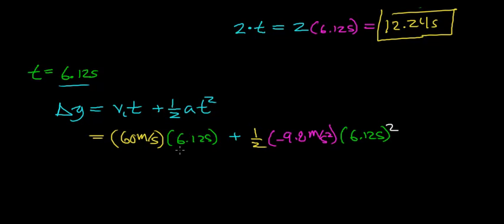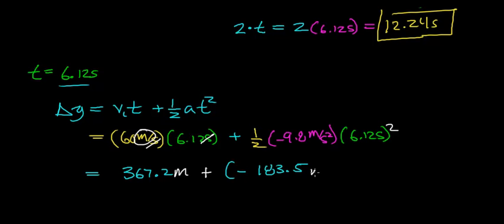Now 60 meters per second times 6.12 seconds is going to work out to be 367.2, and what you should see is that this unit of a second cancels out with this unit of a second, and then you get a unit of length or distance, which in this case will be a meter, plus 1/2 of negative 9.8 meters per second squared times 6.12 seconds quantity squared, which will work out to be negative 183.5 meters. And what you should see is that when we square this term, we get a unit of a second squared, which will cancel out with this unit of a second squared